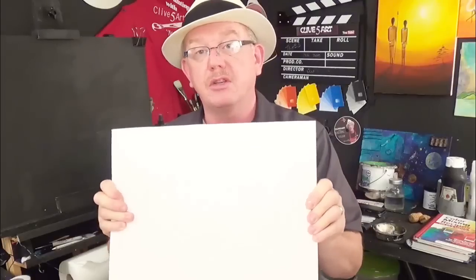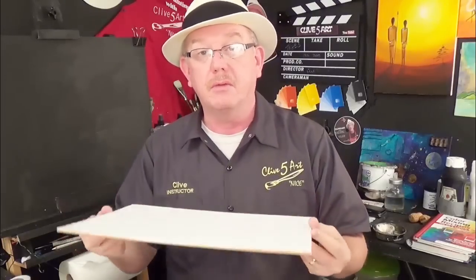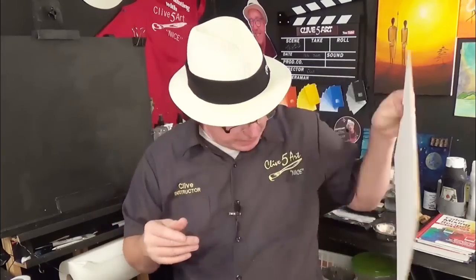Even if you want to ship these off to wherever, you can sell them online. It's much better to actually sell a painting that is on board rather than on canvas, because obviously for shipping purposes, all you need to do is put some cardboard on top of there with some parchment paper or something to stop it sticking, and then you can package that up and it's safe enough to actually post on. Okay, so that's canvas. Now, what about